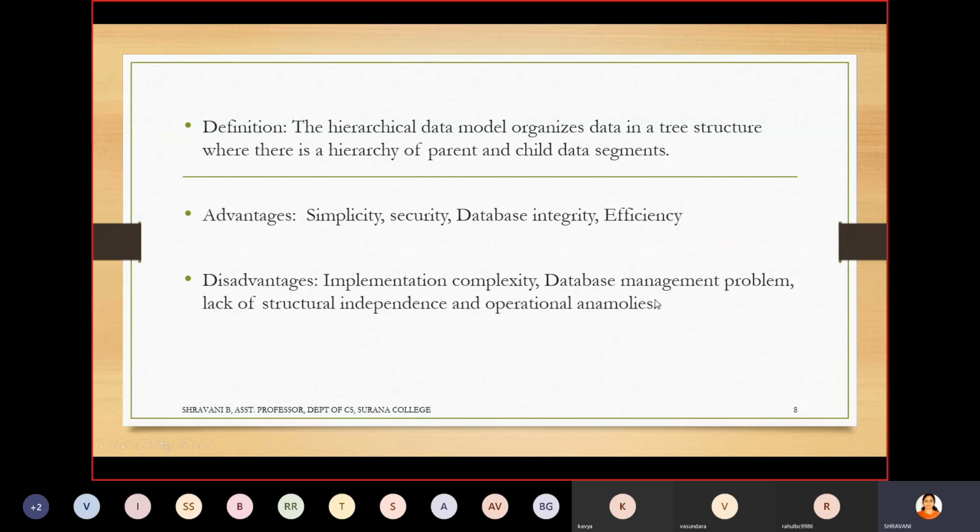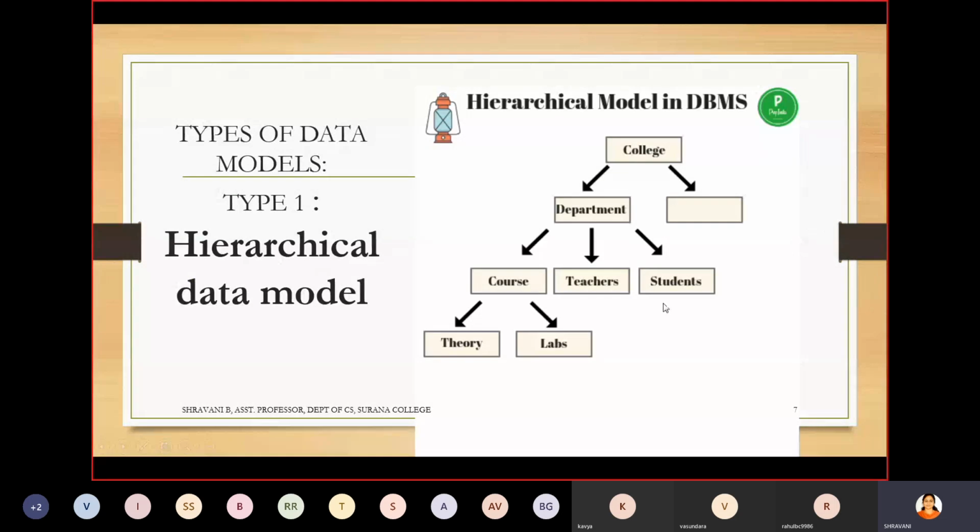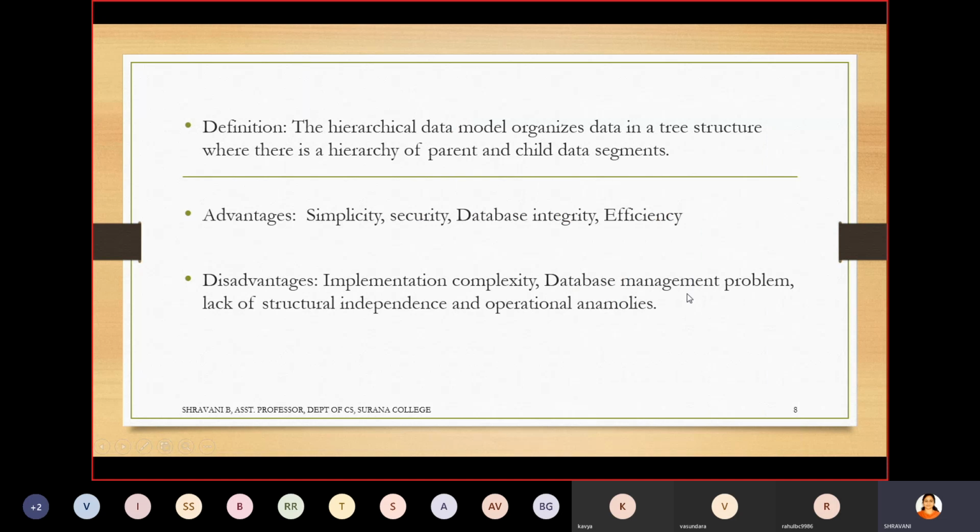And now let's see why managing the database is very difficult. Anywhere you need to check, you have to go with the path, you have to go till the root node, and then only can you get the connectivity. If suddenly I want to take the details from the students, I cannot jump into this directly, right? First I have to go to the college node, then to its child department, then to one of its children, that is the student node. So that management becomes a little difficult. And there is a lack of structural independence, the same thing. Independently the student node cannot be reached, so you have to come from the root.